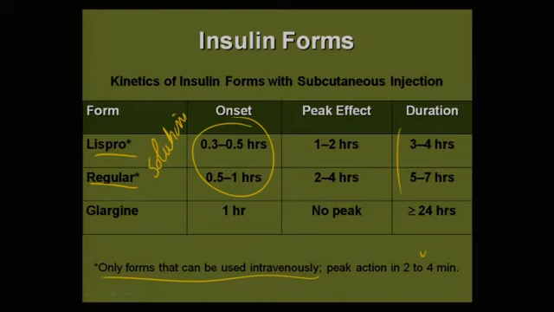Before we leave this IV insulin, here is glargine. Glargine is an insulin analog which has no peak. As a peakless insulin, the idea is to administer this glargine and have a background level of insulin with no risk of hypoglycemia due to the fact that there is no peak. So look, its duration is greater than 24 hours.